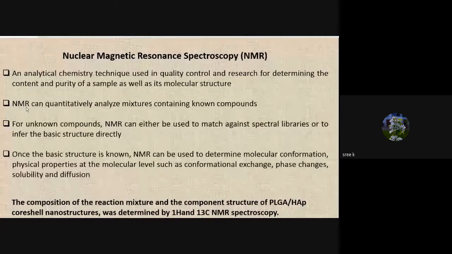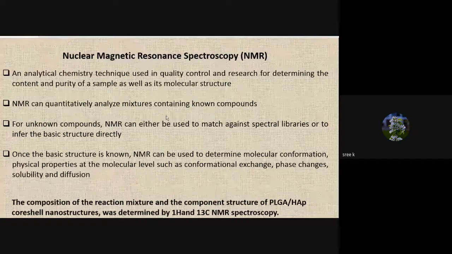NMR can quantitatively analyze mixtures containing known compounds. If you have a known compound and suppose you have made some modification in it and are trying to understand how the modification influences the structure,